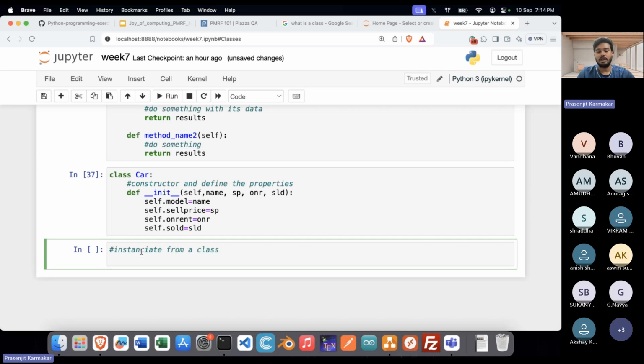How to instantiate from a class? Object is equal to class name, and then the parameters of the constructor,